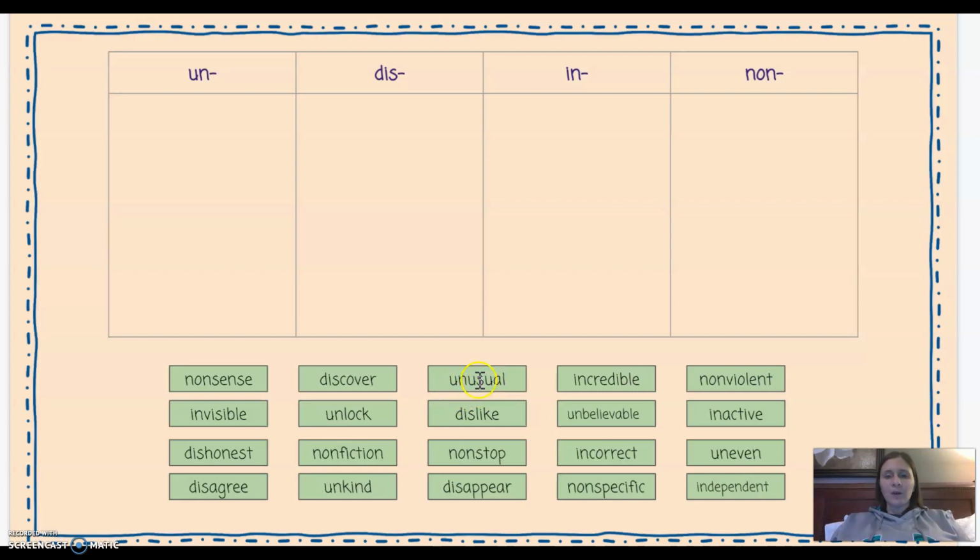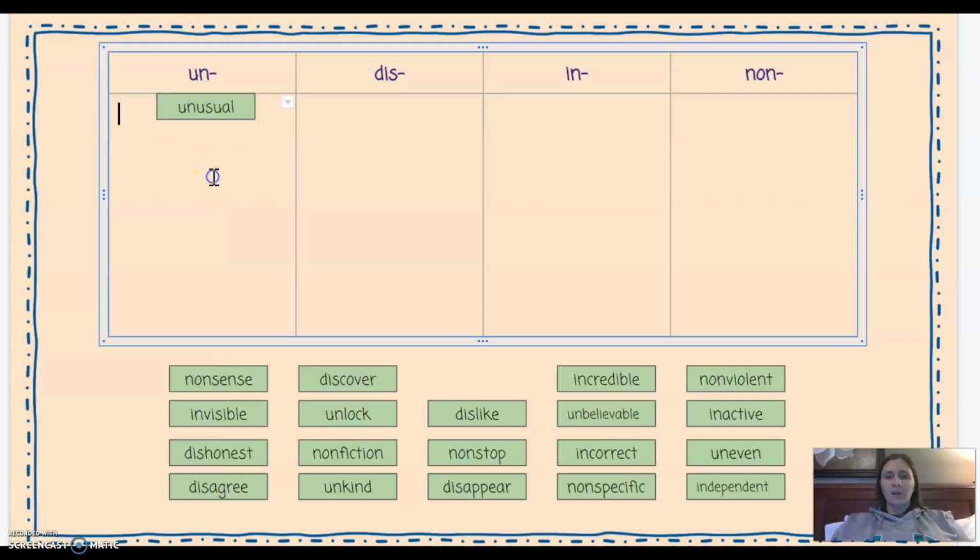So unusual has the prefix un, so I would grab it and move it underneath un in that column. I would do the same thing for all of the words that have the prefix dis, in, and non. So all of these words will eventually be up here in your columns. When you're finished moving all of the words and putting them where they belong, then there is a second slide